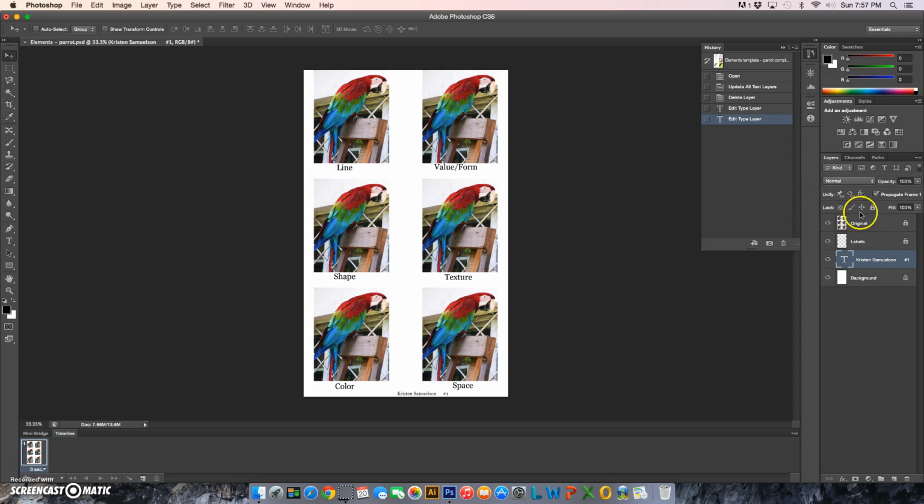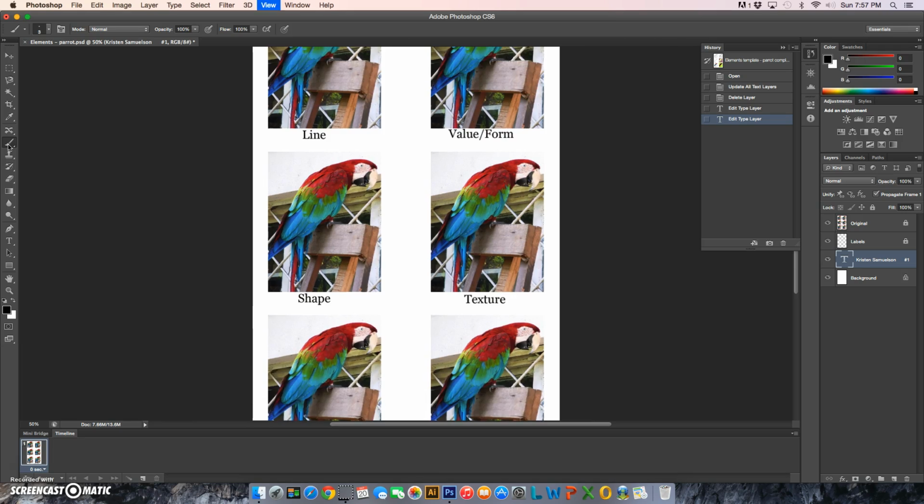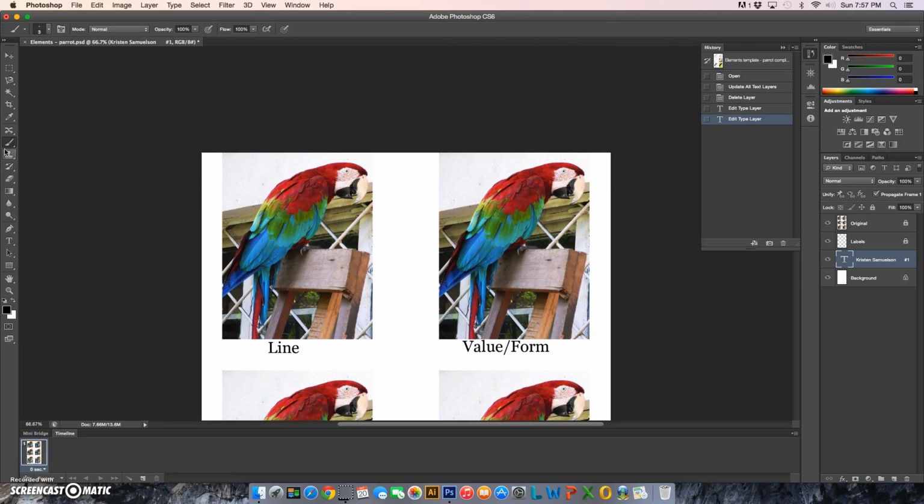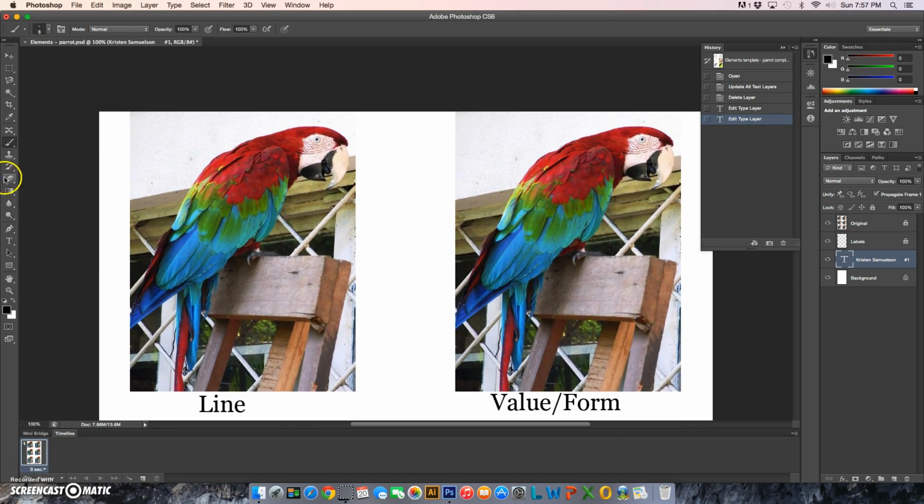I am going to be needing probably my history panel, most definitely my layers panel, and we are going to be using mostly the brush tool here, although we may use some other things. And there's going to be some specific settings that we put on the brush tool up in the options at the top of the screen. So we're going to start by zooming in because we're going to start with the bird that is here under